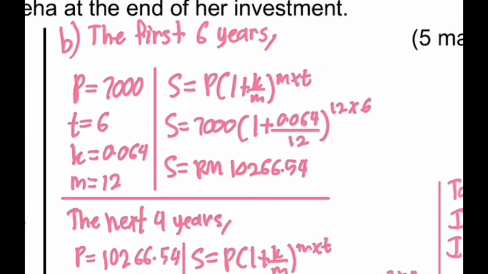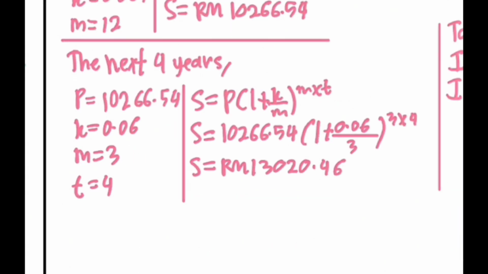So the total I got is 1,266 ringgit Malaysia and 45 cents. Next, I am going to find the maturity value for the next 4 years. Using the same formula, S equals 1,266.44 (1 + 0.06/3)^(3 × 4). Maturity value I got is